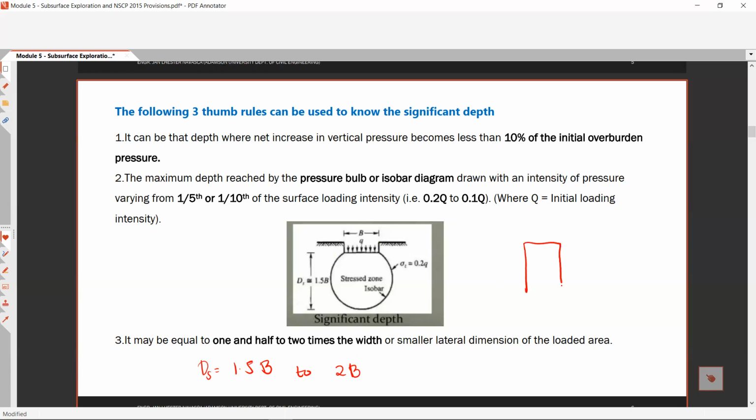Let's say you have this building footprint 5 meters and 10 meters. 5 meters. Sorry, masyadong maliit. So let's say 50 meters, ano na lang. There's 50 meters and 100 meters. So therefore, we use B to be 50 meters since that is the smaller lateral dimensions. And we can say that our depth of exploration or the significant depth is approximately equal to 75 meters to